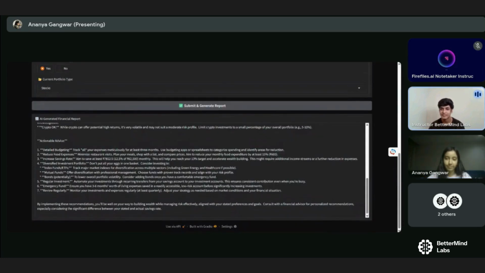So is it that you were always interested in finance or was it just for the project? I have a certain interest in finance, but then for this project specifically, in the starting, I believe we had to fill out a form before the whole program started. In that form, my dad was pushing me to go for finance specifically. So I think that's probably why I got into it. But then I don't regret it at all. It was cool. Okay, great. So any other interest you have like in any other domains? Like specifically to AI and